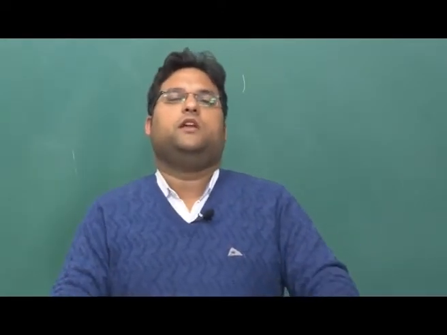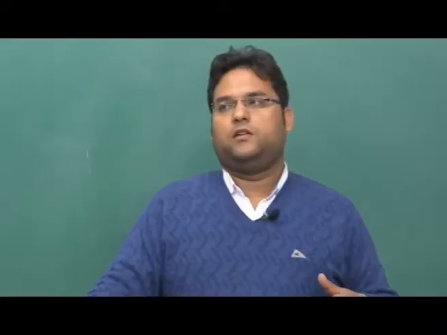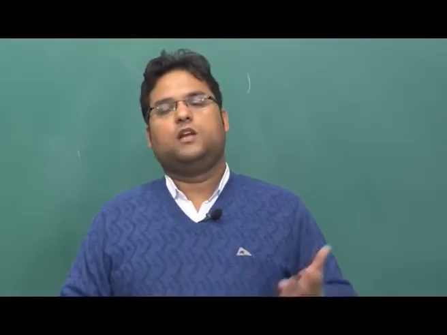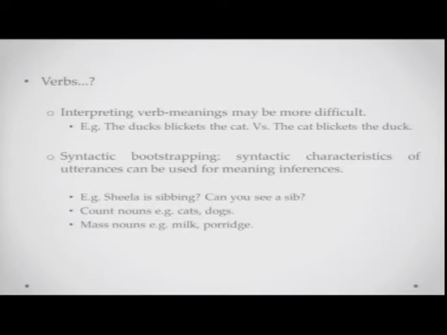Now, nouns are not really the only classes of words that the children need to acquire. There are slightly more complex categories like verbs. How would the child, again if we refer back to Gavagai, could also have meant that the rabbit is running, or it could have also meant that the rabbit is going somewhere. How does the child make those connections? Interpreting verb meanings is slightly more difficult as compared to interpreting just noun associations.